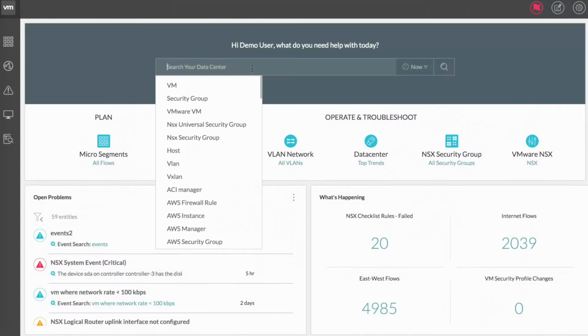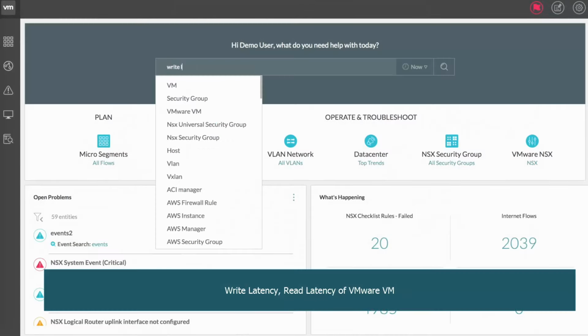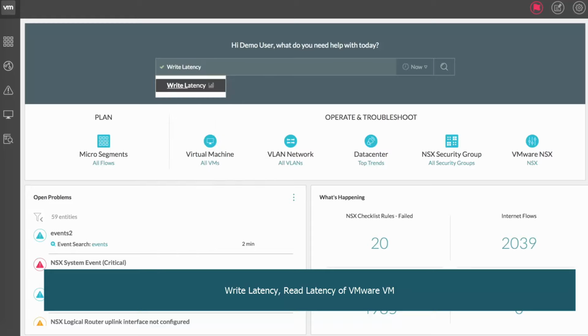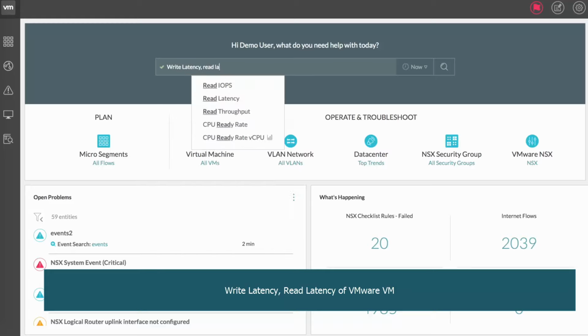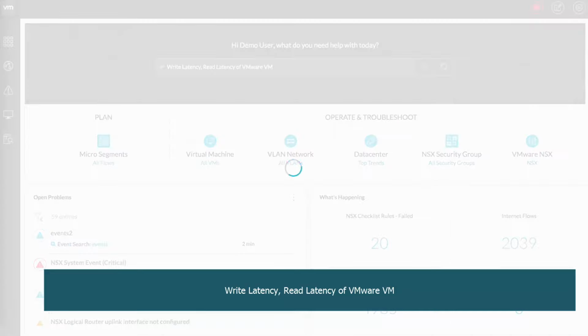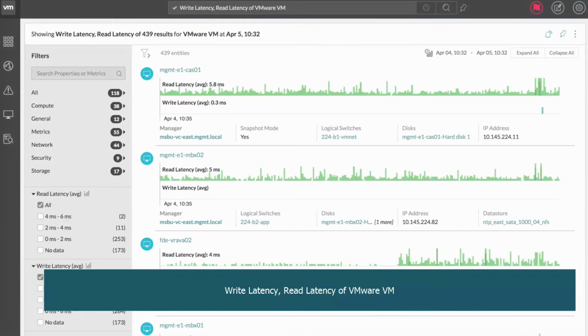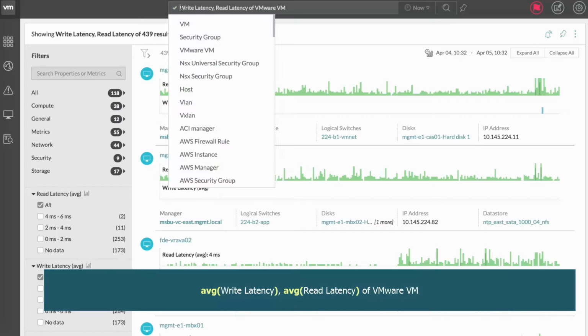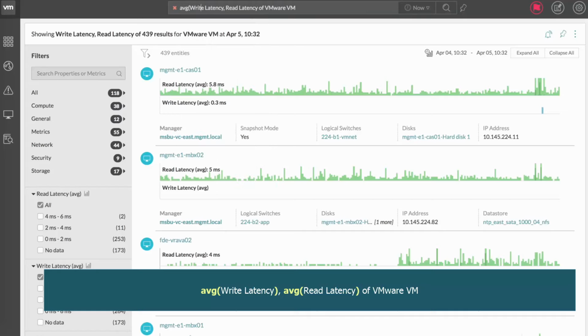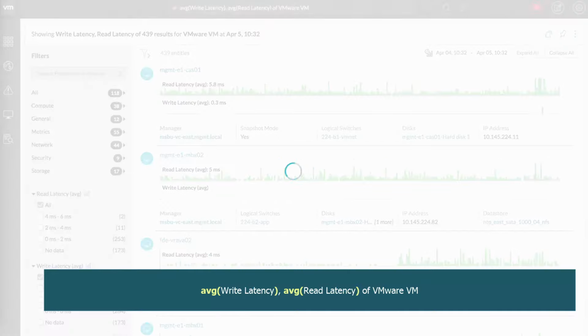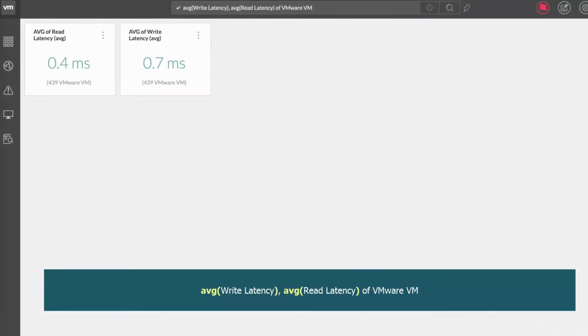In a similar way, we can get read and write latency information for our VMs. So we just enter write latency, comma, read latency, which is auto-completed, of VMware VM, and hit enter. And in a few seconds we get the list of our VMs with specific information about read and write latency. As we did before, we can get consolidated information using the average keyword and the brackets. So we put avg brackets and hit enter again,